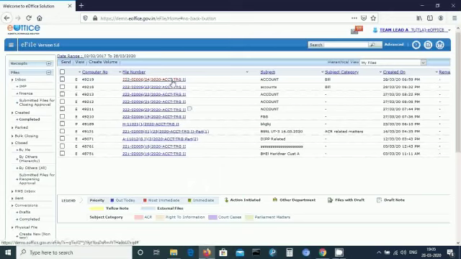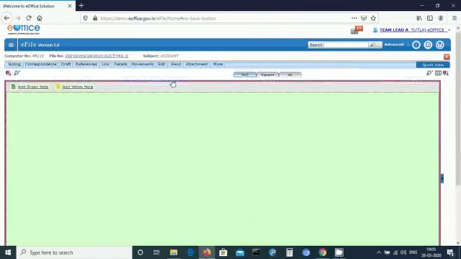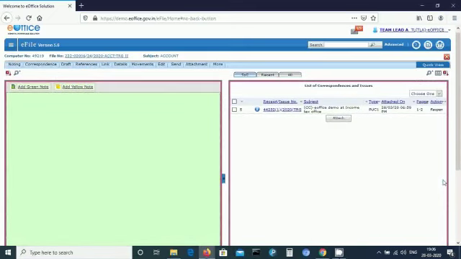When you open the file, you can see that on the left side is the noting part and on the right side the correspondence part, as you have seen in the hard file. On the left side, the noting or the comments given by the user are recorded in the note sheet. On the correspondence side, we can see if a letter is attached and a letter is referred to a note sheet. If you want to add the green note, then click add green note and write the comments.